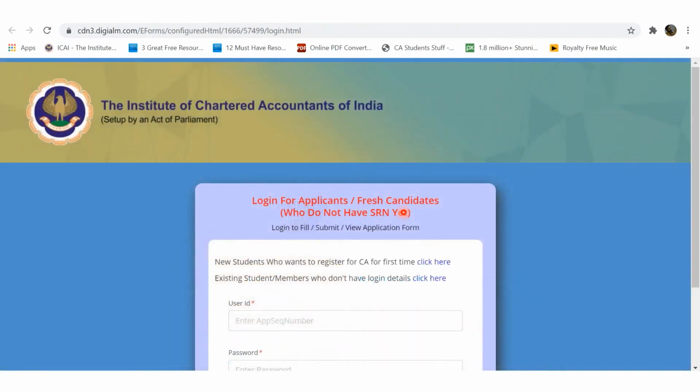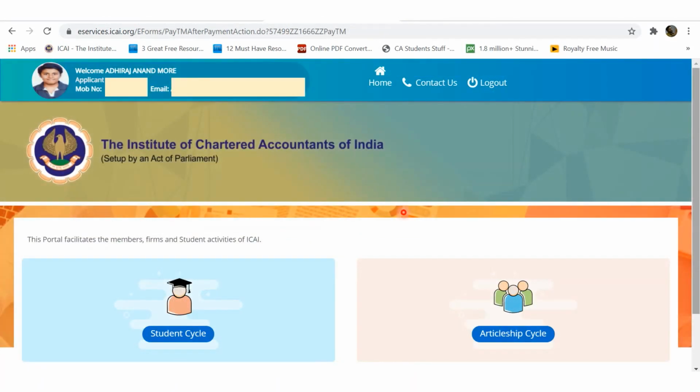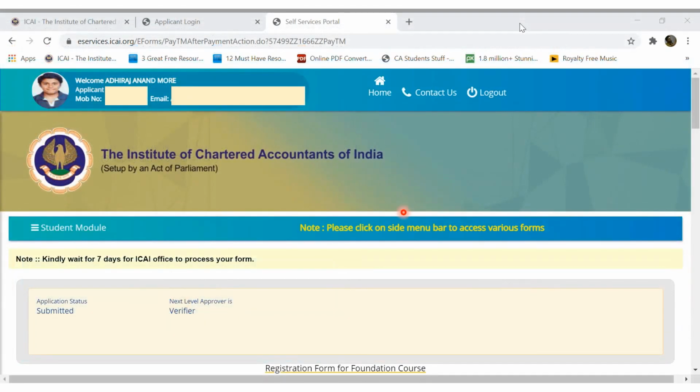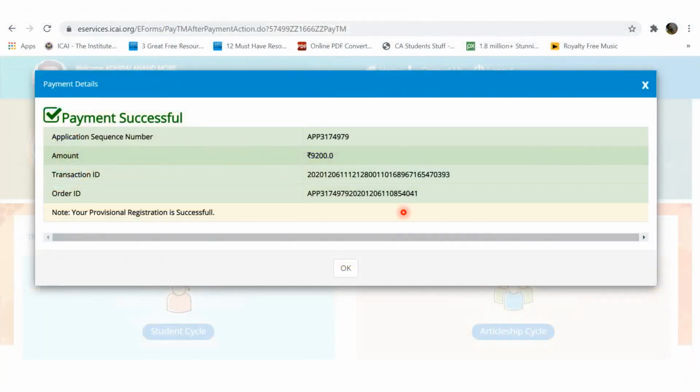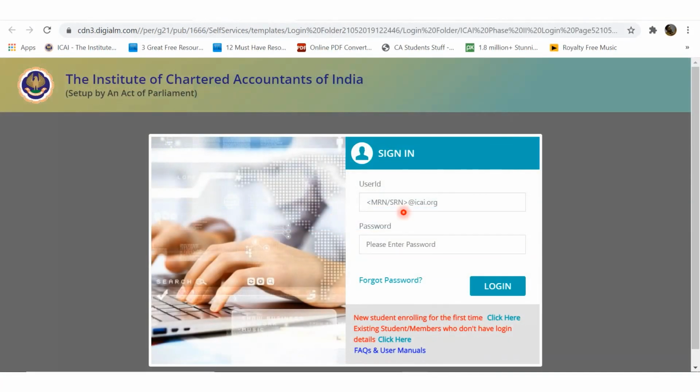Then which page is useful for us? Sometimes it may so happen that a student has completed maybe the first part and second part, and then while making the payment he has not completed the steps properly, or maybe his network connection got lost, or some other difficulty came due to which he is not in a position to complete the process. In that situation, such a student is required to come again to the login page, but the login page should not be this sign in page.